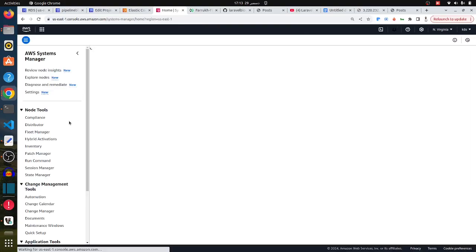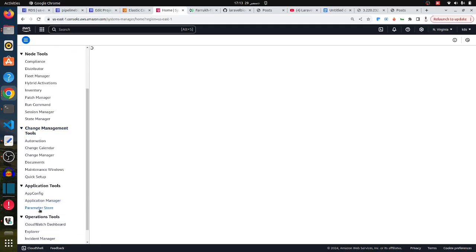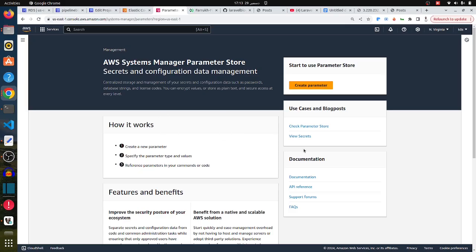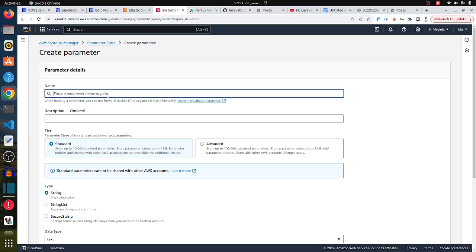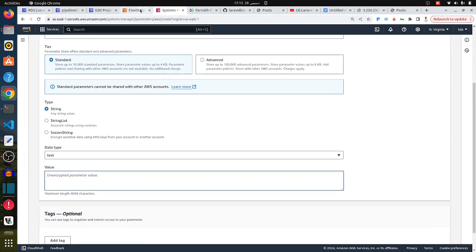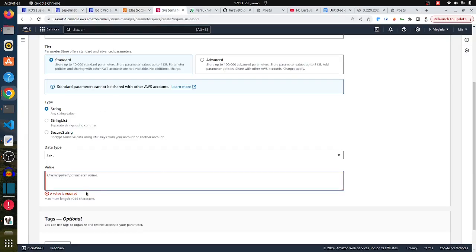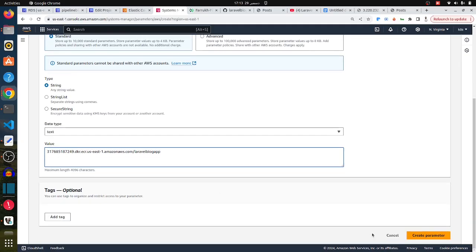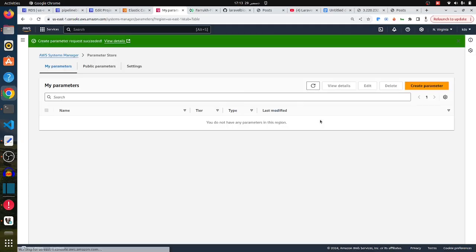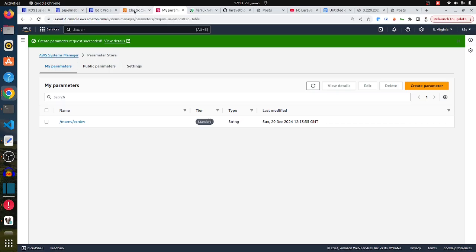Systems Manager, and here I just need to go to parameter store. So it is creating parameters. A parameter is usually used to store a key value here, and this is the path or the name I'm going to use, and the value I'm going to put is this value. I just copy and put it here. So this is the value I've just created, and since